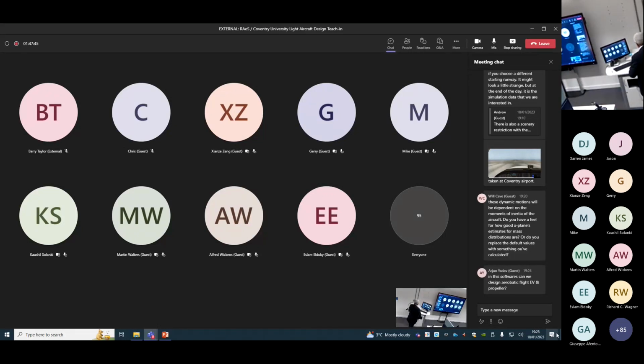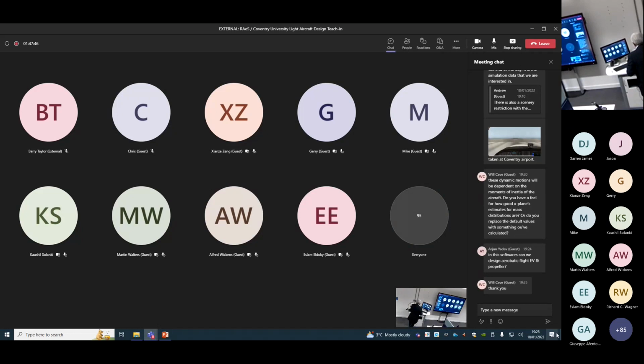Right. Another question is, in this software, can we design an aerobatic light EV? And yes, of course we can, because you will then define the propulsion system characteristics in terms of your discharge rates and your battery capacities, etc. And of course, the choice of propellers will enable you to create an EV aircraft fairly easily. Not an issue at all. In fact, as I said, we design between 8 to 10 UAVs every year, and they're all electric. So that characteristic is easily